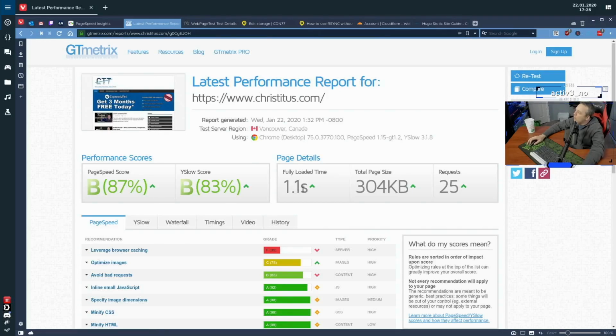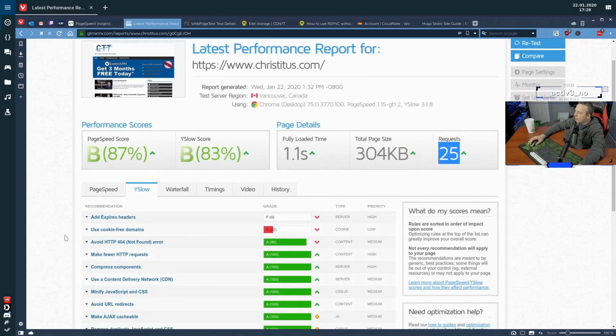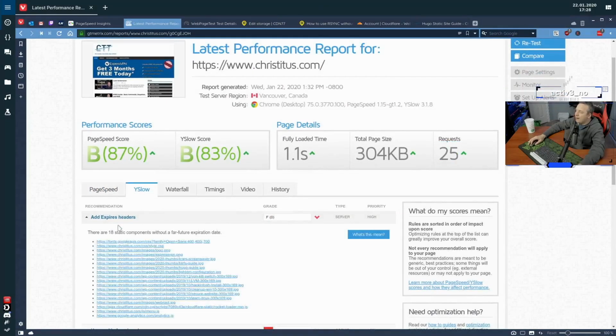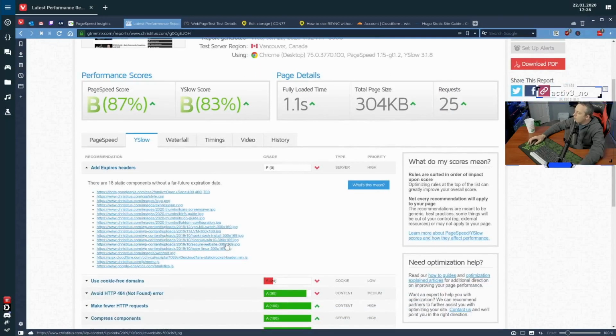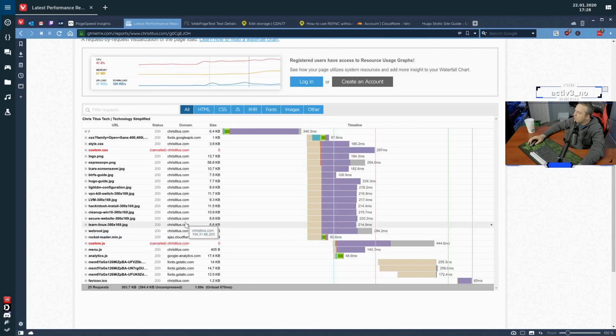But anyways, a 1.1 second load time, total page size about 300K, and about 25 requests going out. So very low on the requests, everything across the board. Very, very happy with this result. As you see, I am missing the expires headers, which I've already gone over. That's that caching I was talking about. And really utilizing some of these, I could clean up even further,